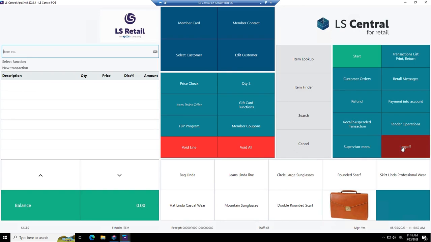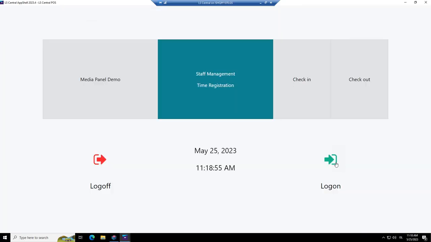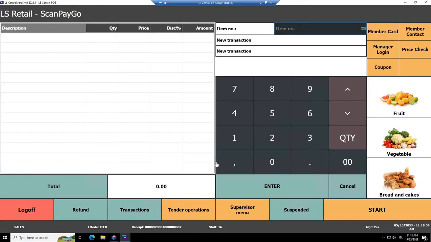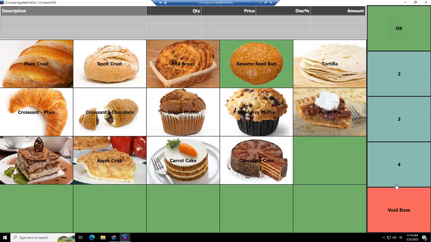So let's log off now in this POS and go into the supermarket one. This one here. And look, what do we see? Now we see that the name of the store changed. Remember in the exercise, you changed the name of the store, and here you can see the name. But what did I do for the 60 buttons? So then I created something like this here, bread and cakes. It was just the sushi.